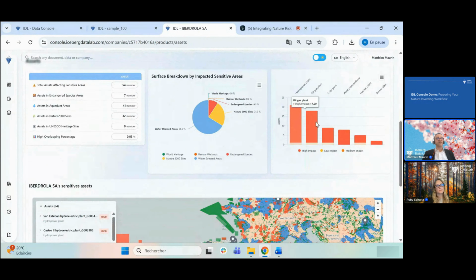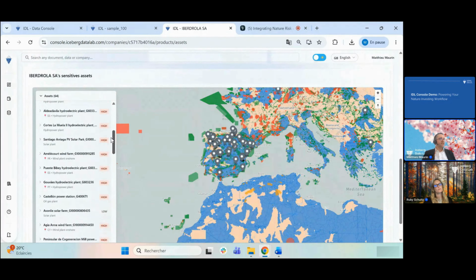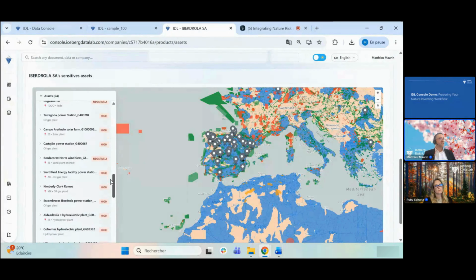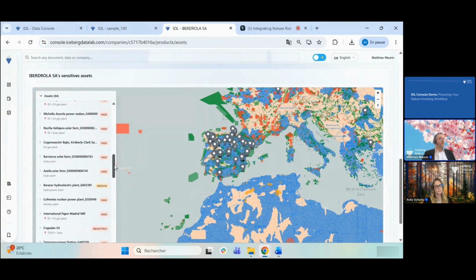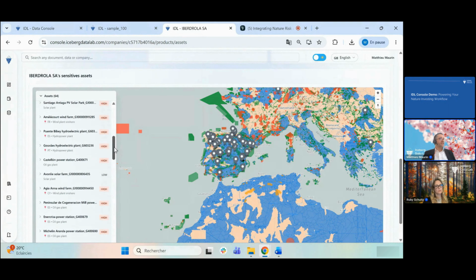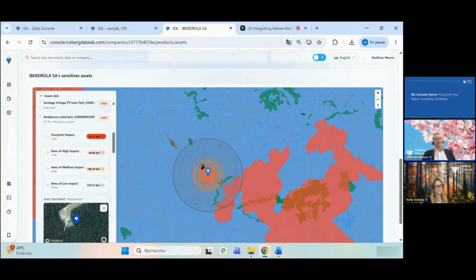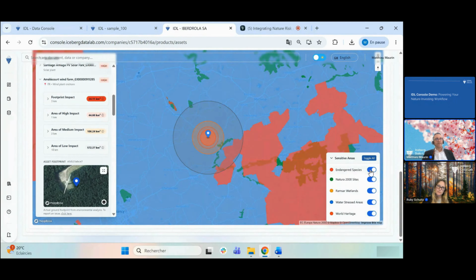Most of them being hydropower plants, oil and gas fired power plants, solar, and so on. And then you can select and identify which among those assets may be the one about which you will want to get more information from the company, to identify exactly what are the ways the company is managing its impact, distinguish impacts alongside the radius, and distinguish it alongside sensitive areas, which may be endangered species, water stress, protected areas, and so on and so forth.